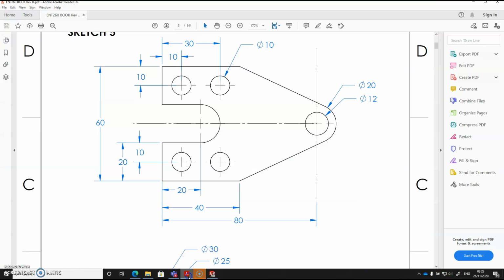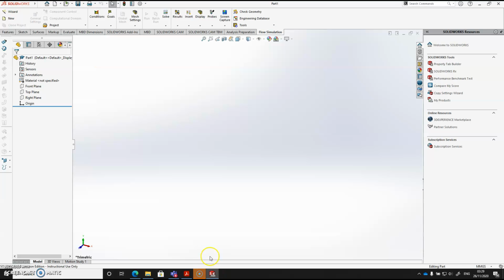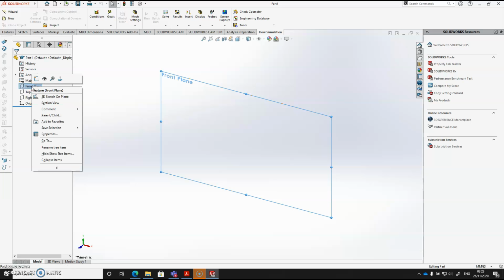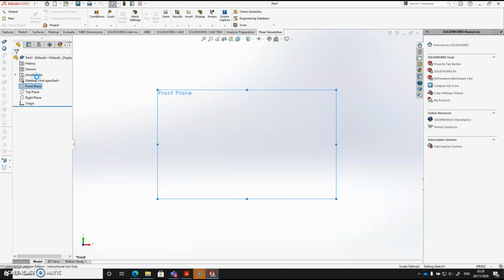In this session, I want to create this sketch using the required drawing tools. So I'm just going to create it on the front plane. Right click front plane,